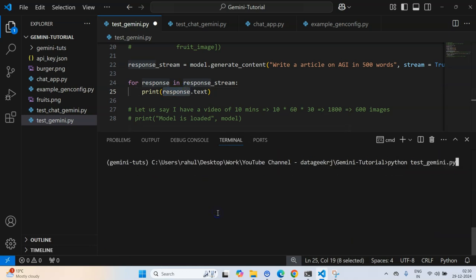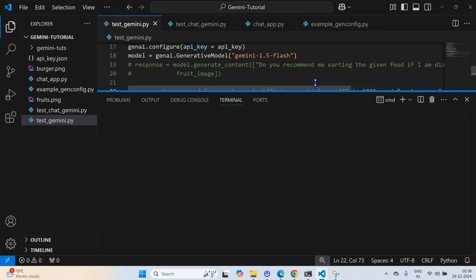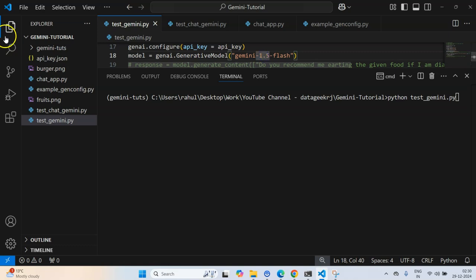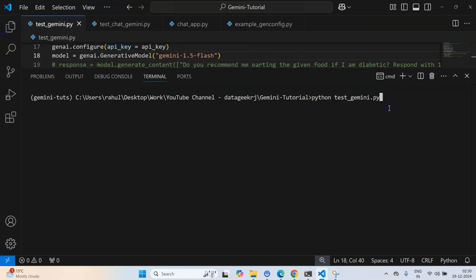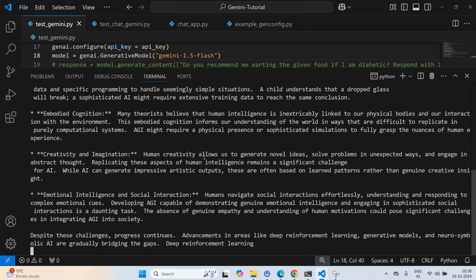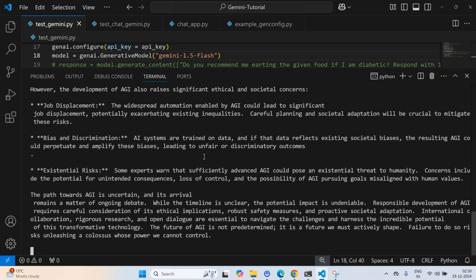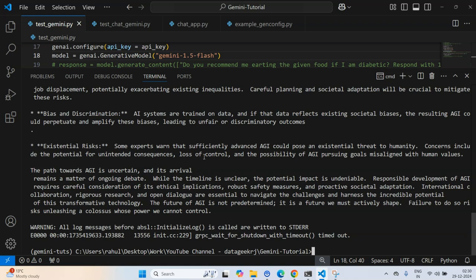Now you will see the article as it is being generated. So this is a long article. Let me do it for 1,000 words, so that you will be able to see it for some time. Let me make it larger, and let me get rid of this. If I run this, text will be printed as it is being generated, just like that. So this looks quite good, and the user is able to wait and read through these responses as they are being generated.